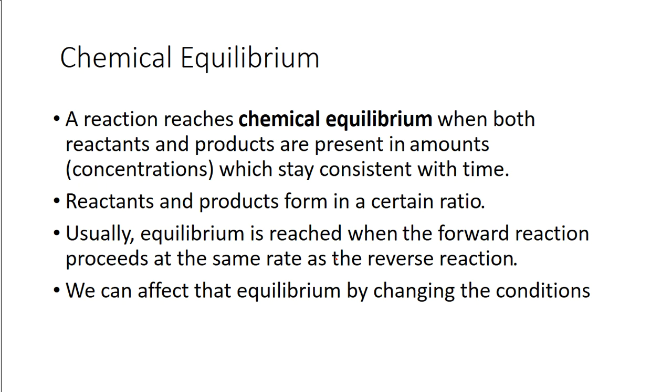And I've had reactions like that where you only get 20% of it to go, and you have to take what you can get. So the point is, in a chemical reaction, the reactants and the products will form in a certain ratio. And we usually say that equilibrium is reached when the forward reaction proceeds at the same rate as the reverse reaction. And we can affect that equilibrium by changing the conditions, just like we did with the